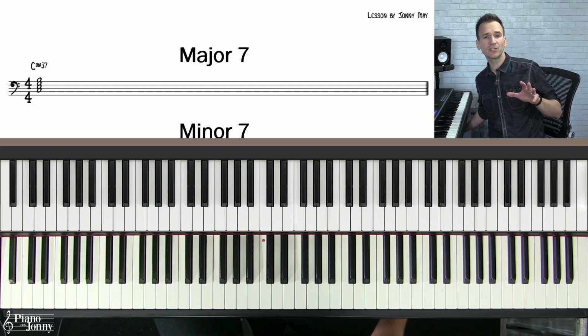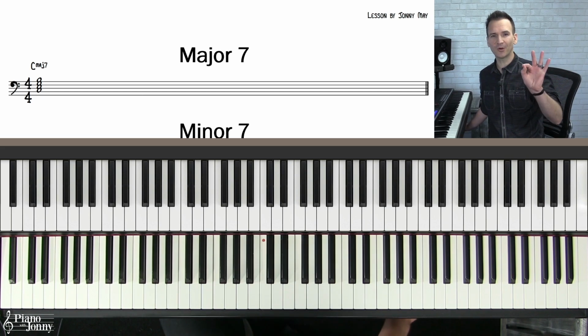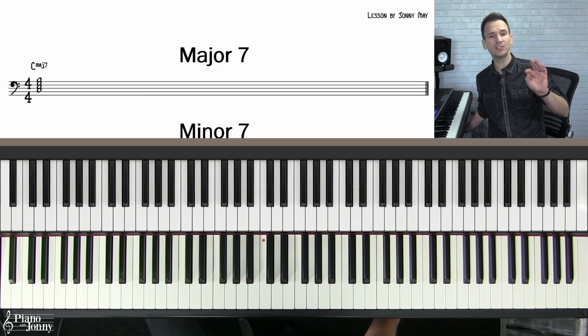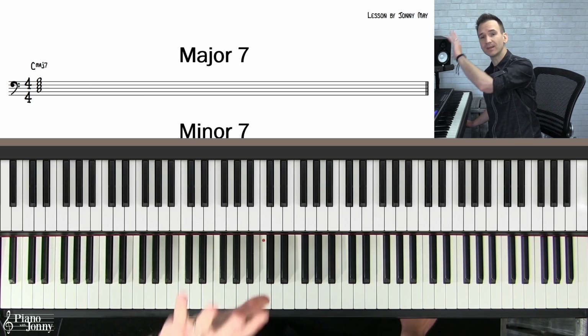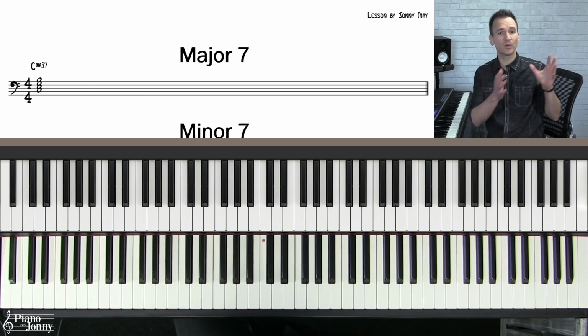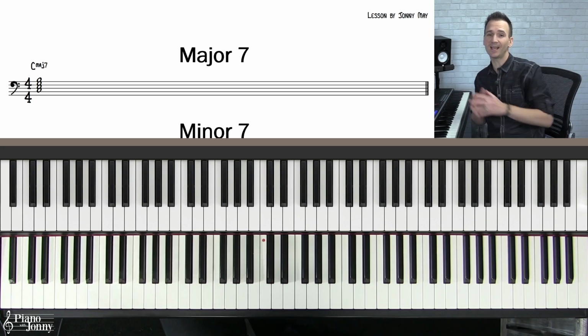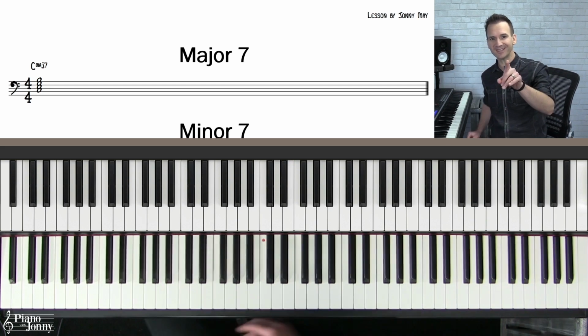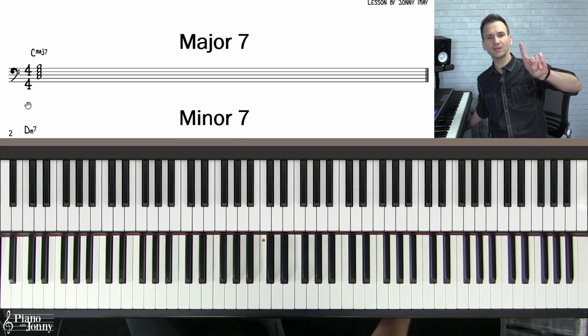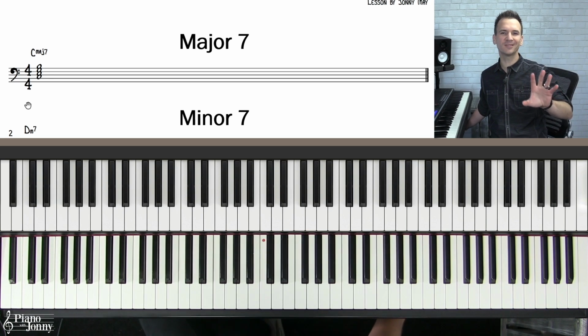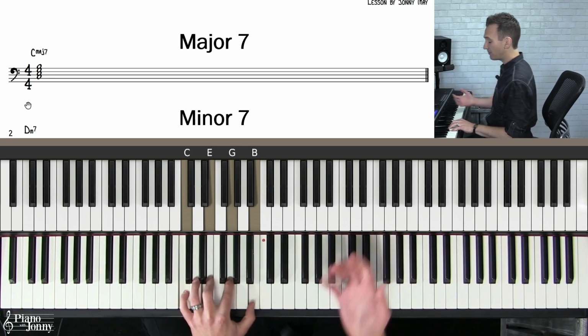All right, first I'm going to show you the 3 most common chords in jazz. Then I'm going to teach you 2 scales that you can use on each of these chords, starting with a simple scale and then a more jazzy sounding scale. So you ready to get started? Let's do it. All right, the first of the 3 most common chords you'll see in jazz is a major